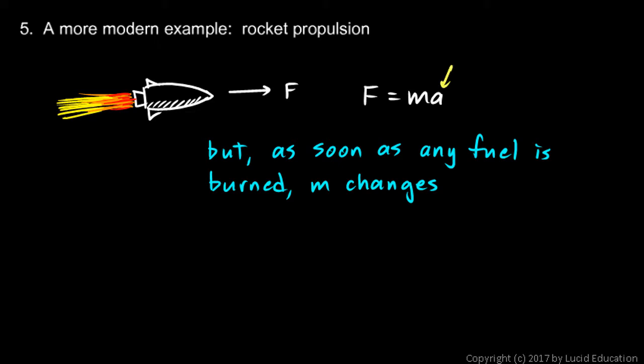We can't just solve this for A and say A is equal to F over M. That would give us the acceleration at one particular moment, but as soon as it accelerates, mass has changed, and this value for A that we calculated has become obsolete. So we need a different method for finding the acceleration. The acceleration itself will be a function of time, and that's going to affect the velocity of the rocket and the distance it travels. Those will also be functions of time. And the simple equation F equals ma, or in this case A equals F over m, doesn't quite give us